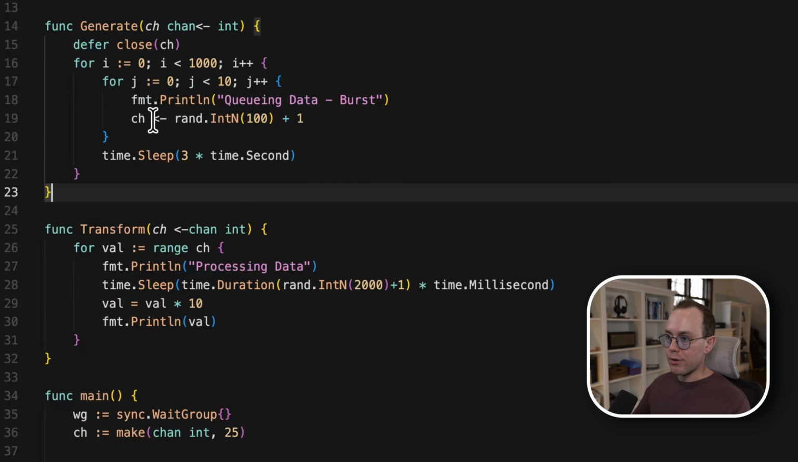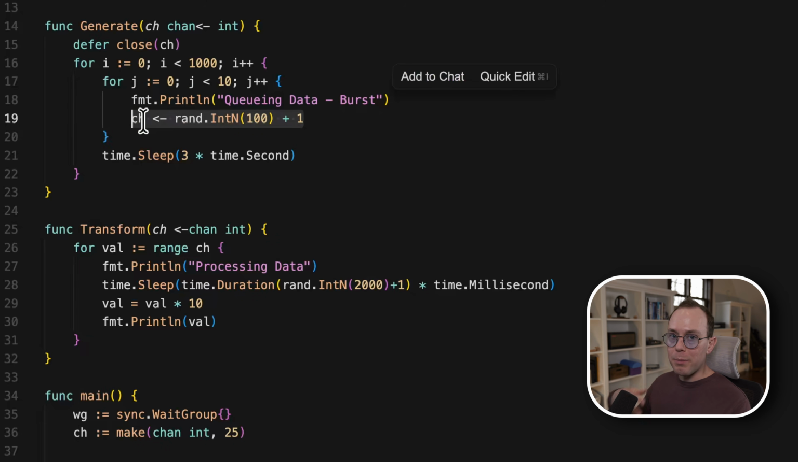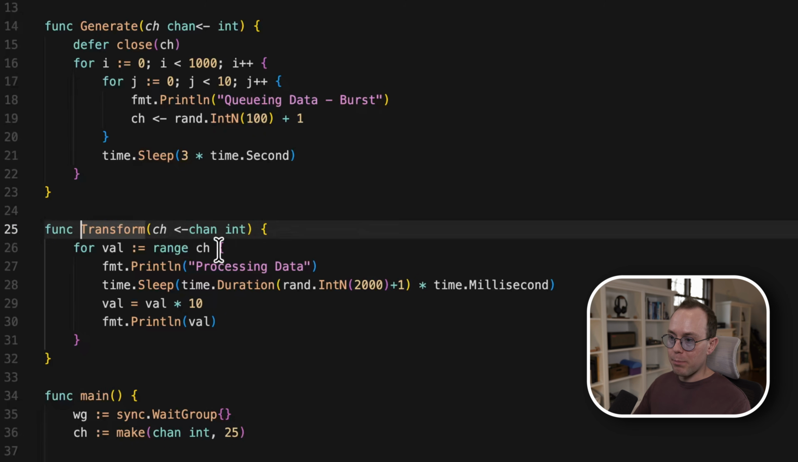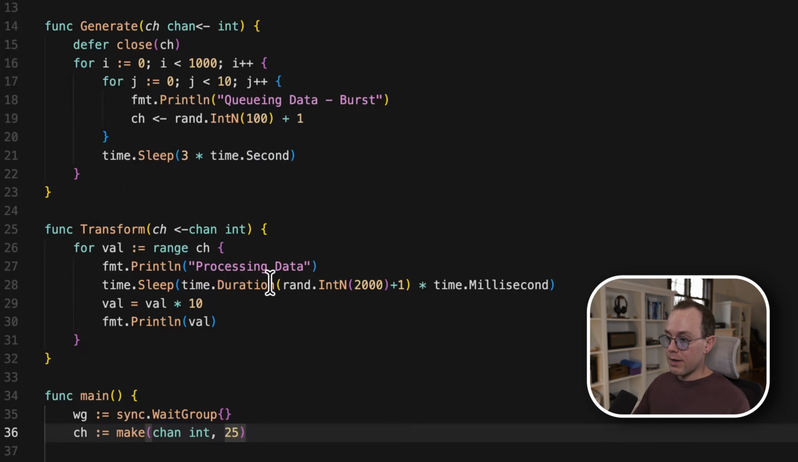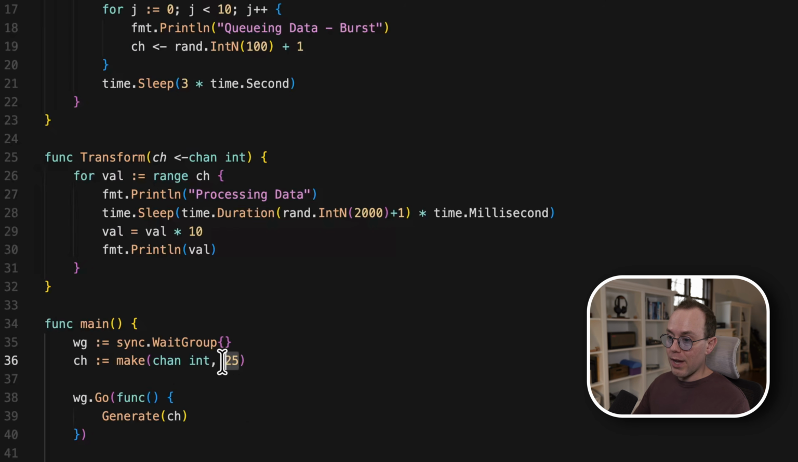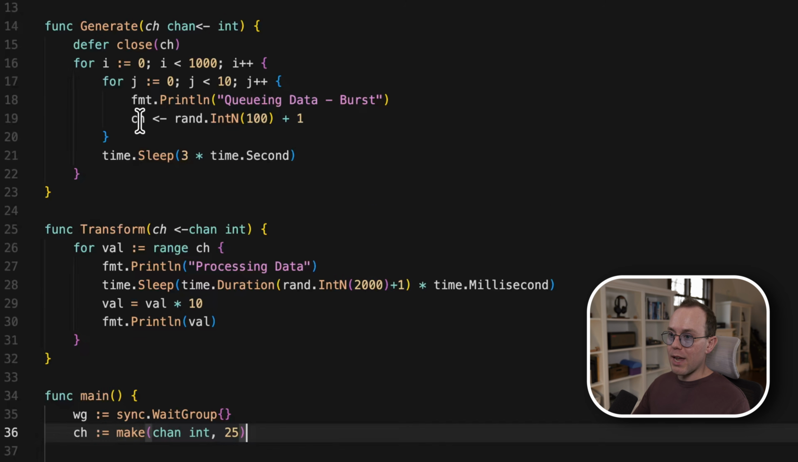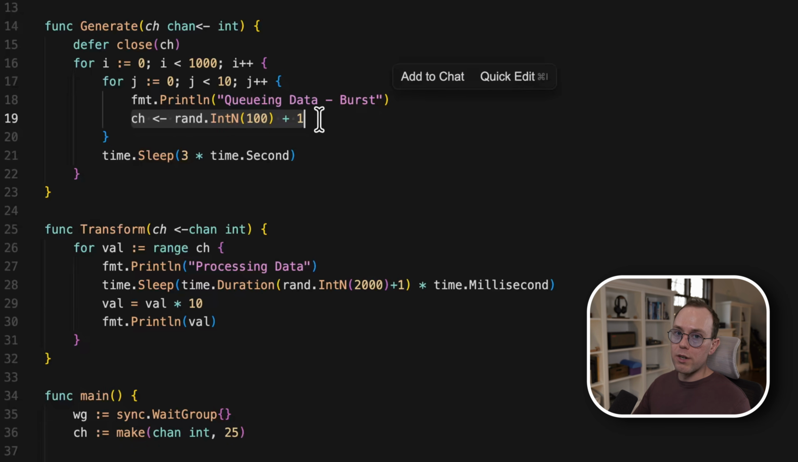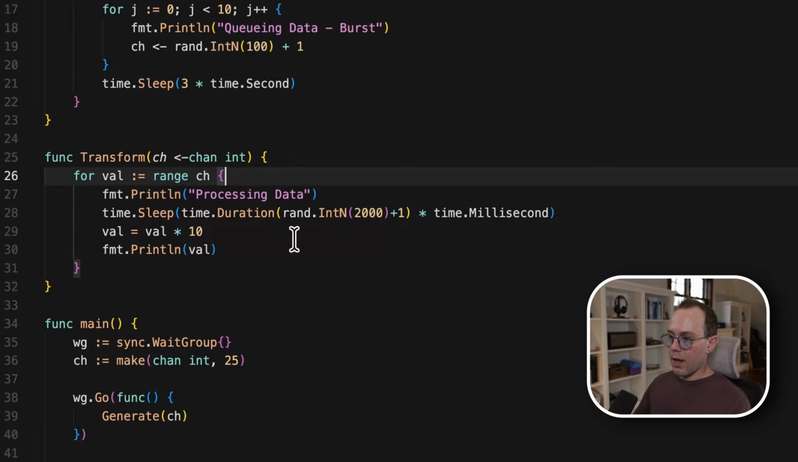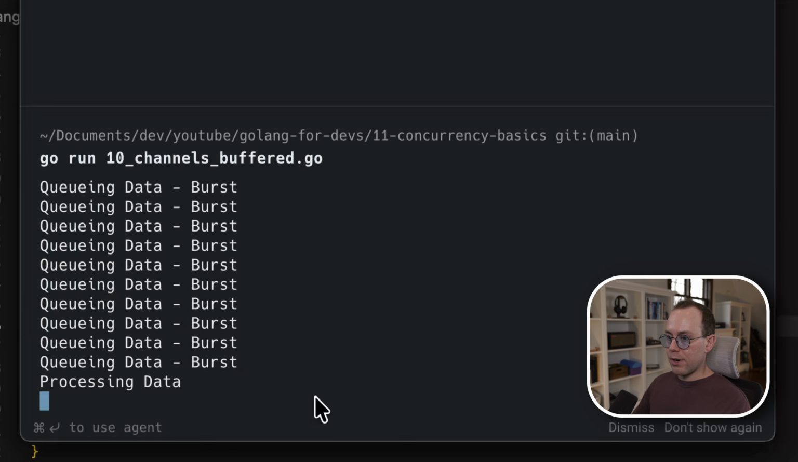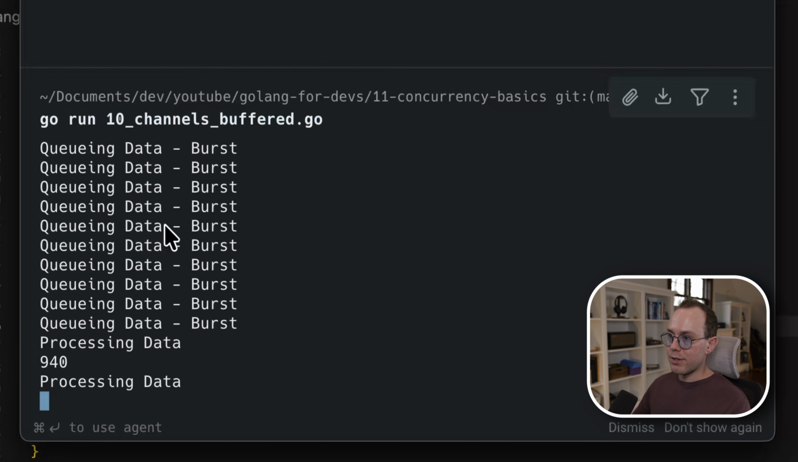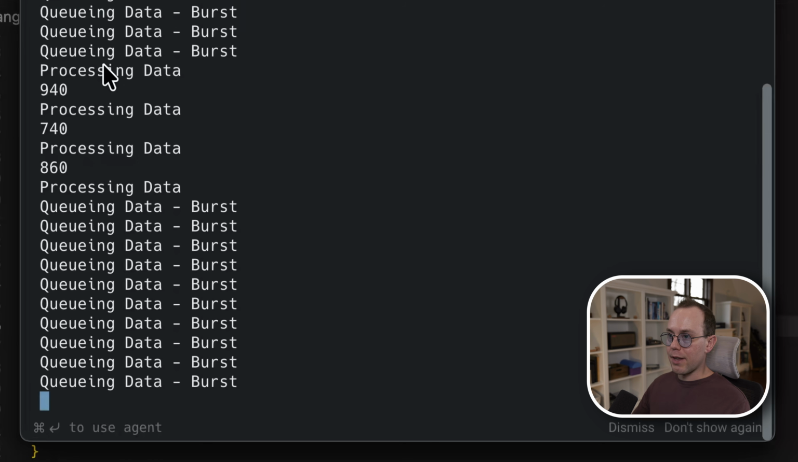So we're able to produce 10 values, populate the channel very quickly, and then the transform function can pick them off one by one. Now, if the channel fills all the way up, then it will start behaving like an unbuffered channel again. So sending data into the channel will be a blocking operation. And now if I run the code again, you can see we get bursts of data, and then the transform